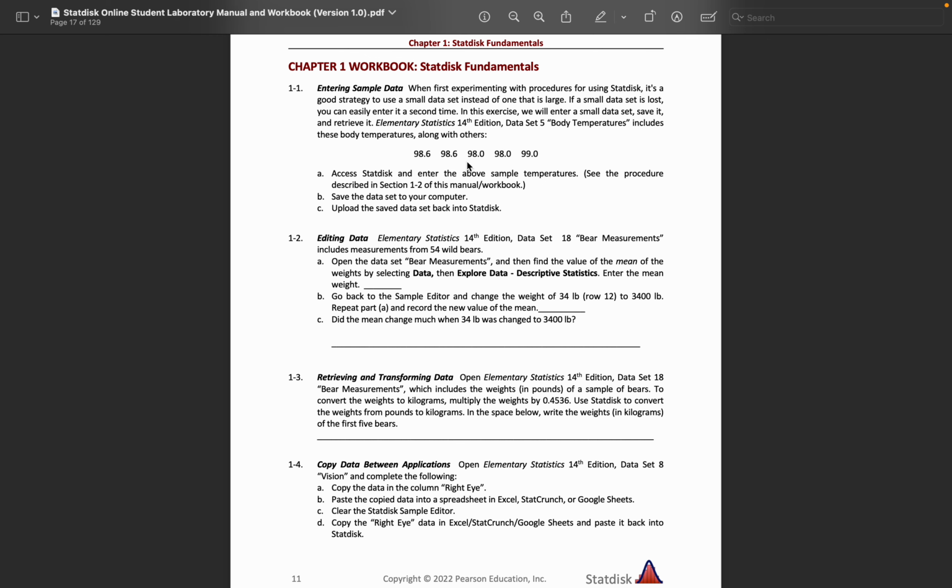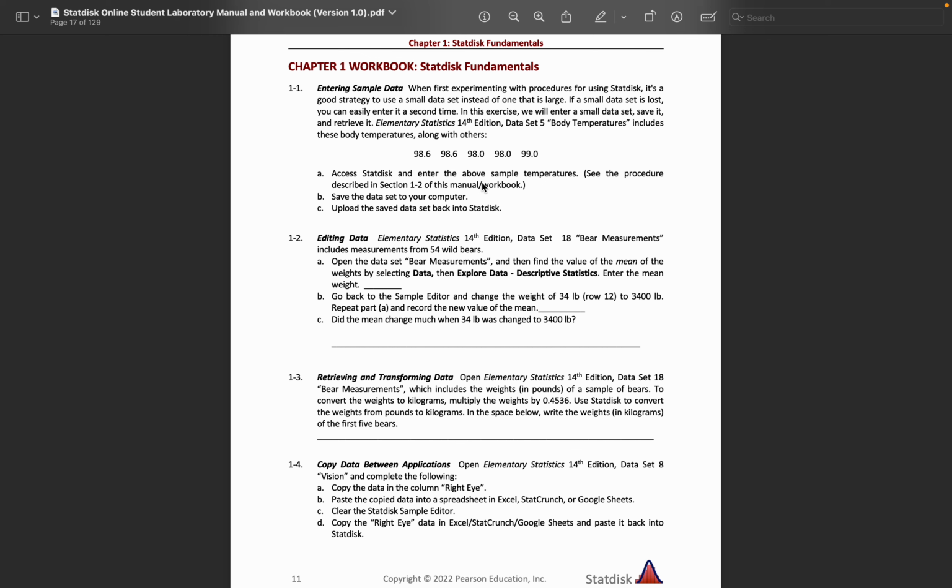But you also want to do 1-1 and 1-4 just to make sure that you can do these kinds of things, because we will occasionally do the operations that come from 1-1 and 1-4 throughout the labs in the semester. Okay, so let's do 1-1 first.